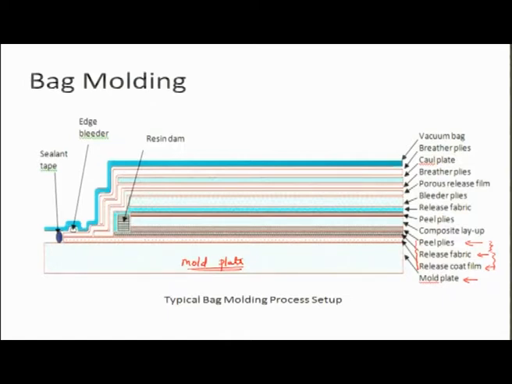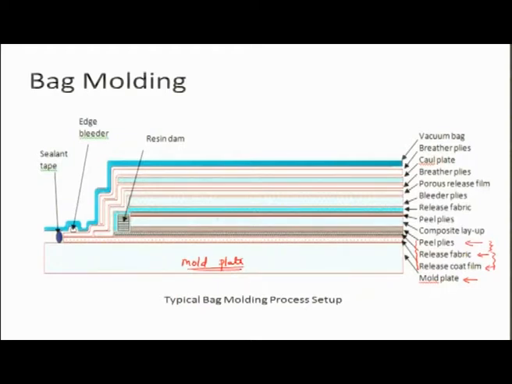The way this works is that once one plate has been produced, you remove the composite plate, and you peel off the ply, which is why it is called a peel ply. You also remove the release fabric, put a new peel ply, put a new release fabric, and build up this entire sequence again. That is why this type of process is much more expensive, because each time you make a plate you have to use a new peel ply, a new release fabric, and probably spray some more release film. Once these three things are done, then you have a composite layup.